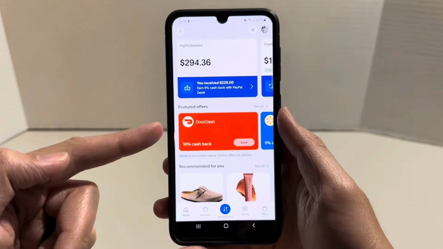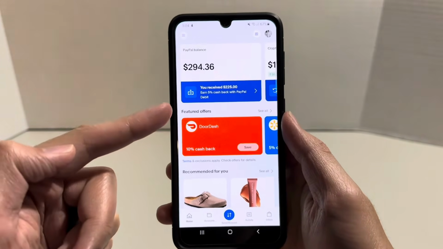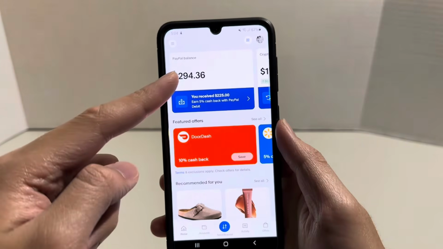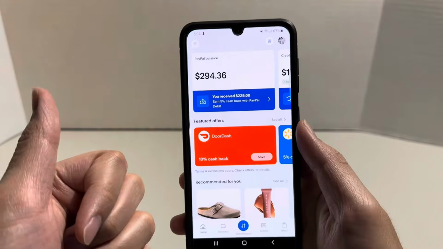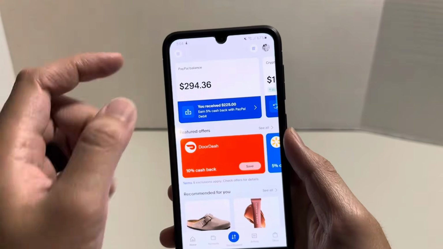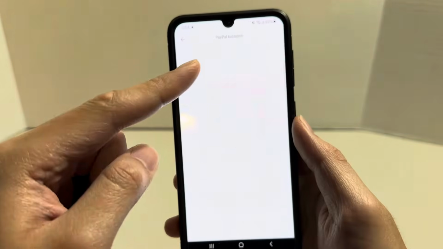So today I'm going to show you how to withdraw money from your PayPal balance. As you can see here, I do have a PayPal balance and I'm going to withdraw this PayPal balance to my bank account. So the first thing I'm going to do is click up here on the PayPal balance,